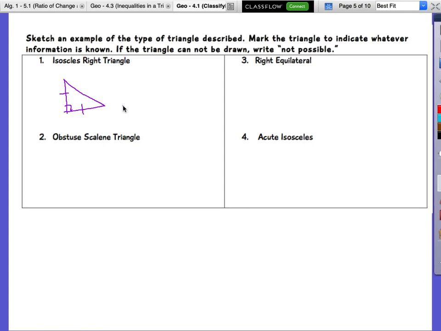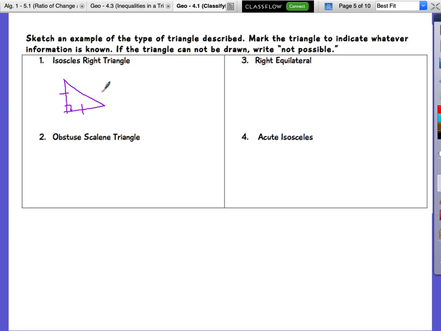Alright, this would be an isosceles right triangle. It helps that Kylie said these two are congruent, we just don't know it, okay? If you mark them congruent, then we do know it. So even if your picture's a little off, that's the way you can help and say, oh, well, they're congruent now. So this is a right angle, even if it might not look like it. She said it was, so it is. These are congruent sides, even if it might not look like it, she said it was, so they are.